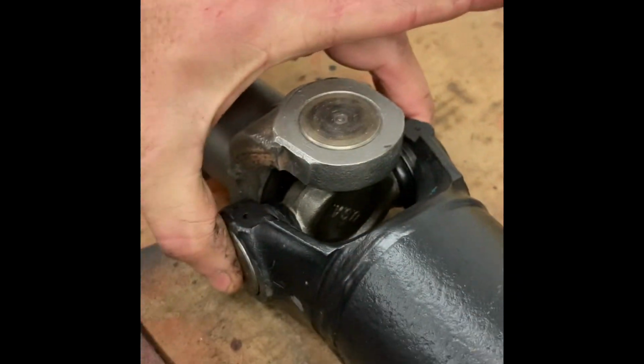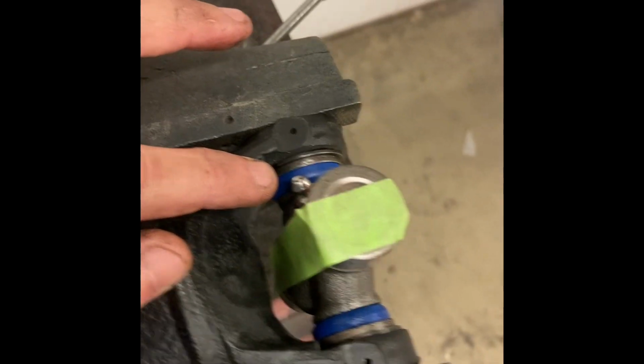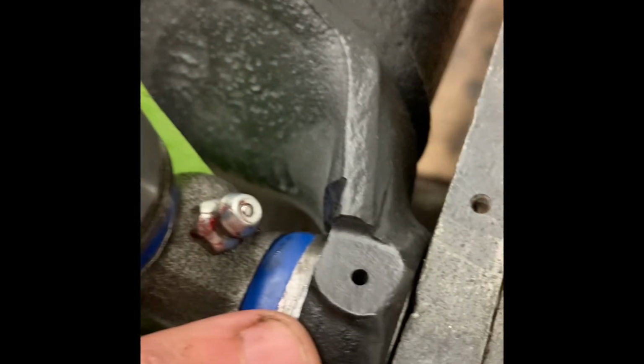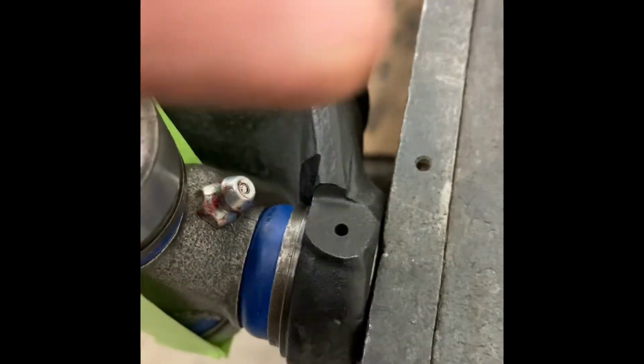But the point I was going to make was double check that when you're putting these things together. Once you press these in, like here in the clamp, once you get them pressed in, you have to put a cup on either side so you can center that universal in there. Because if you don't, like right there, you can see just a hair of the cap showing. Same thing over here, a little bit of the cap. Because I've got the cap pressed, and the reason I did that was to really compress that cap to cap as much as I could,